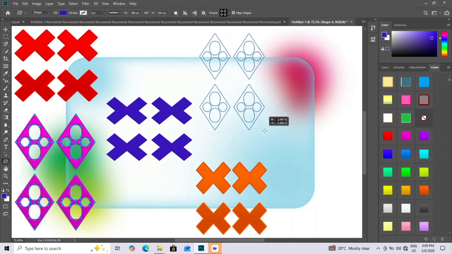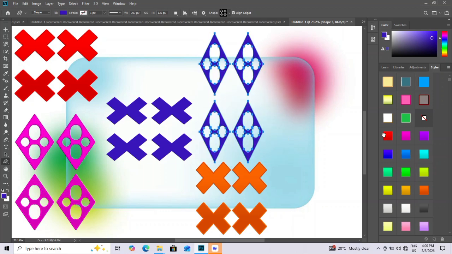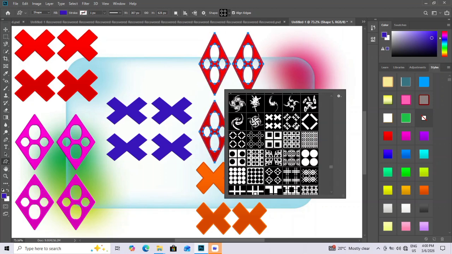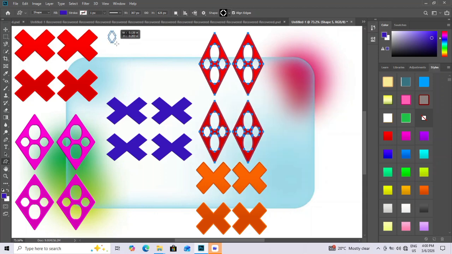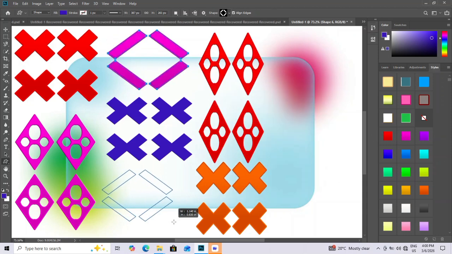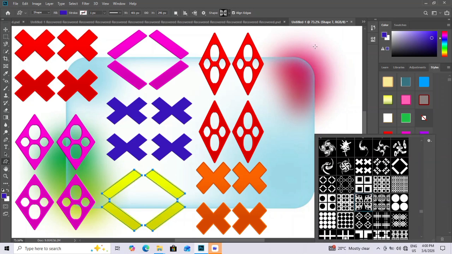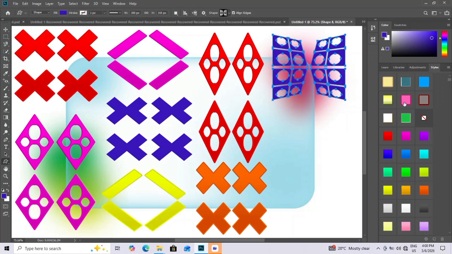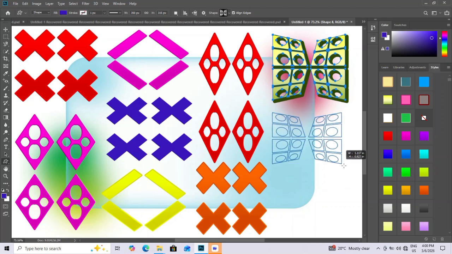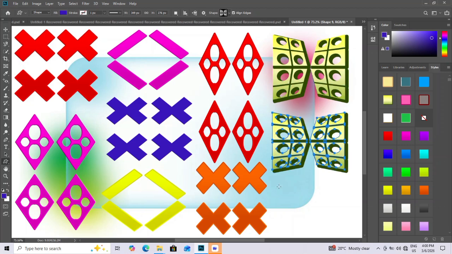Import a road, valley, or city street image and place it across the canvas as the main perspective guide. Use Free Transform to align the horizon line close to the upper third of the frame so the environment feels expansive. Now drag in additional elements such as buildings, mountains, or structures and place them along the natural perspective lines